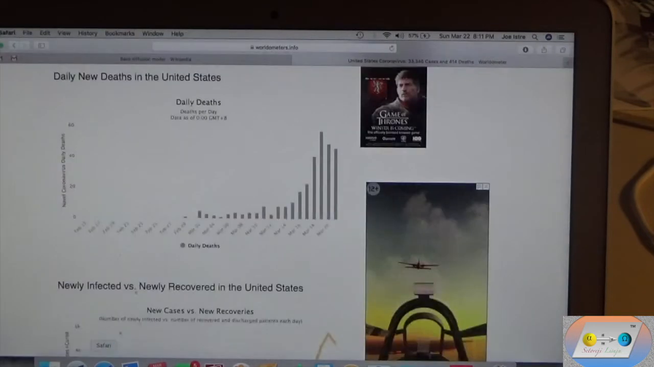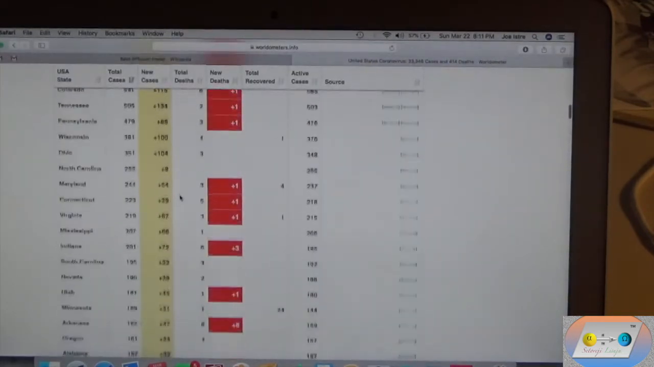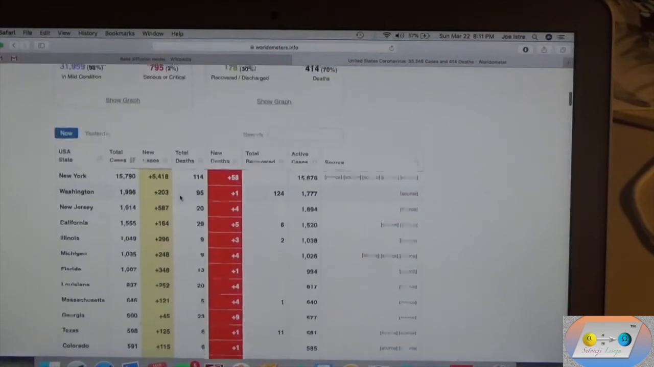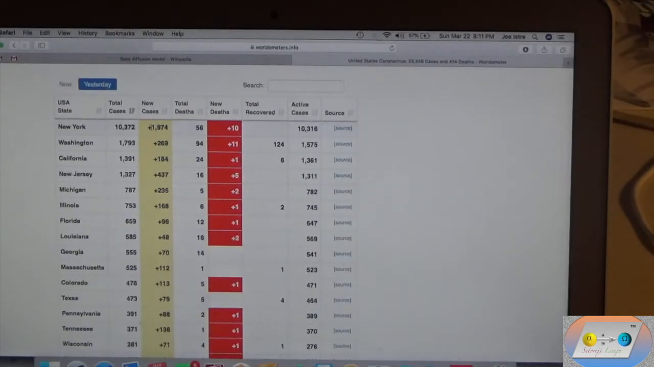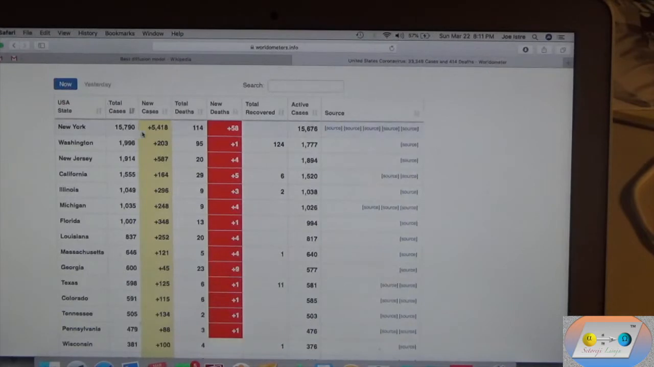So if you look at these graphs here, New York, let's see, now has 15,790 infecting cases, an addition of 5,400 today. But look at yesterday, roughly 2,000 new cases yesterday, and at 10,000, and today they jumped up to 15,005. So this looks like noise to me, probably based on the way they, maybe a new testing technique, or they're